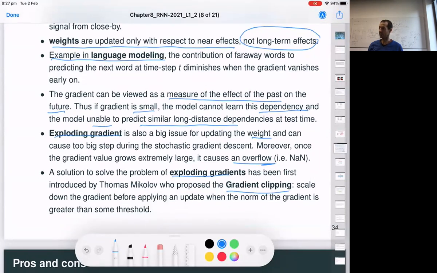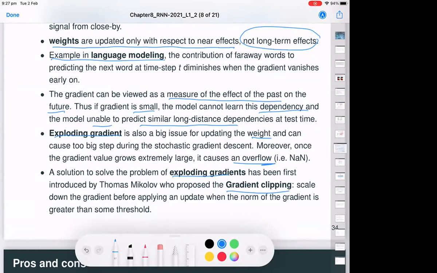Do you know what gradient clipping is? I don't know if you pronounce it clipping. Yes, gradient clipping. You explained this, Sarat, the gradient clipping? No, Benoit, I didn't explain. Okay, so